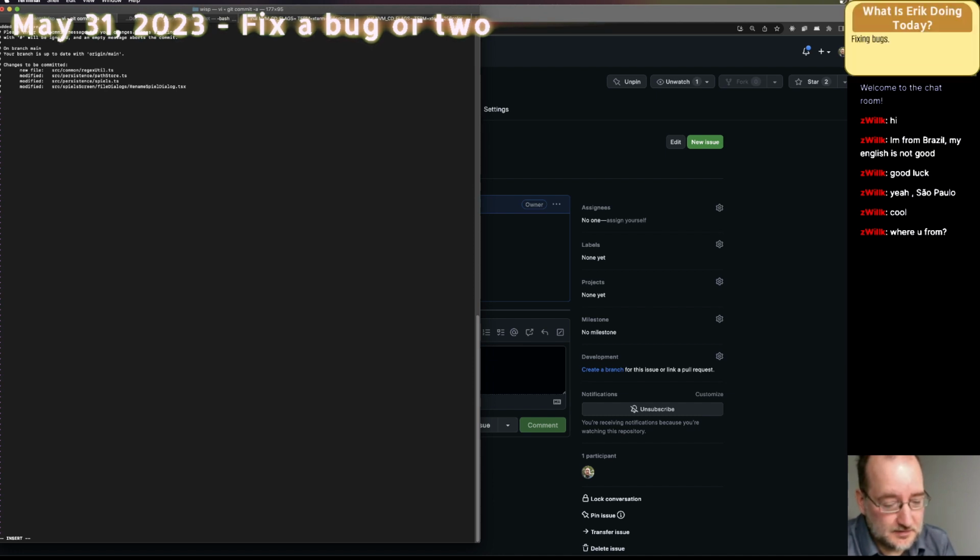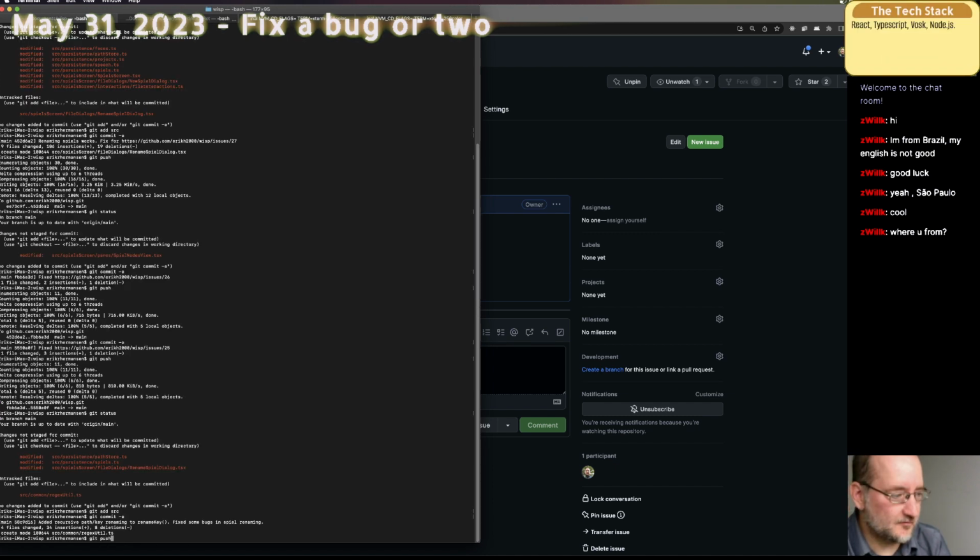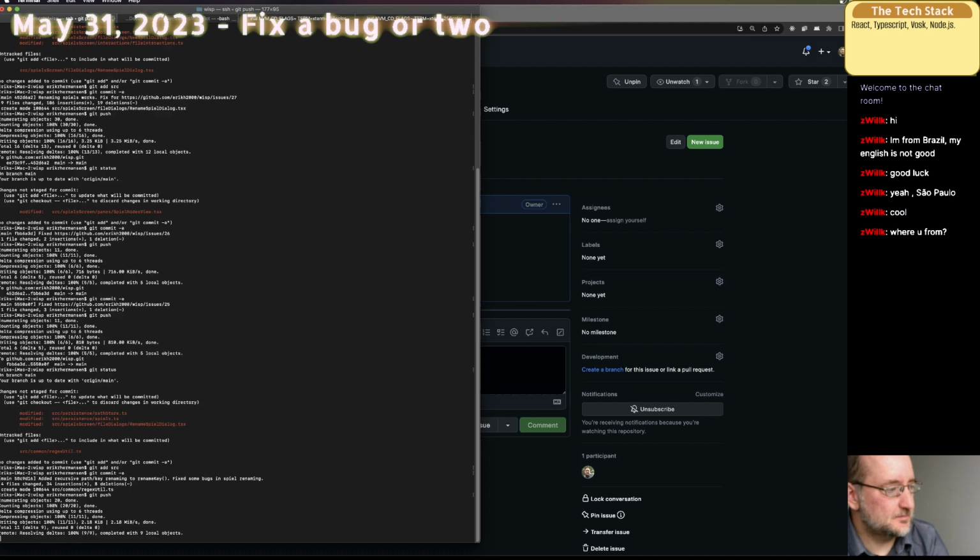Recursive path key renaming to rename key. Fixed some bugs in Spiel renaming. And fix that dialog so it says rename.